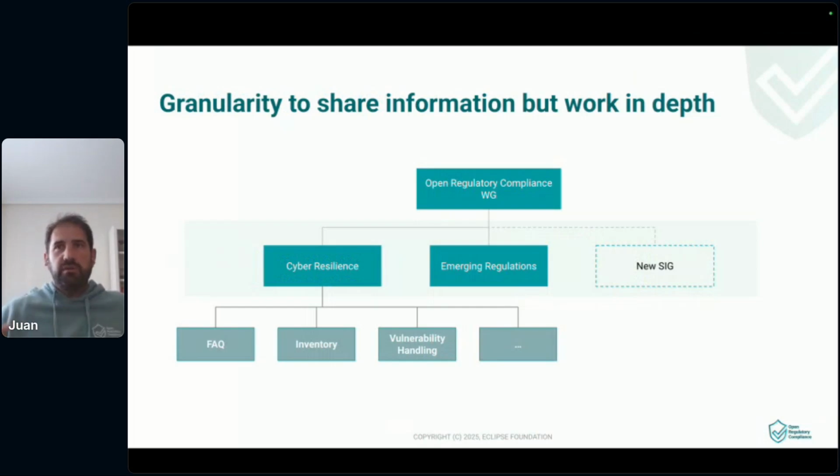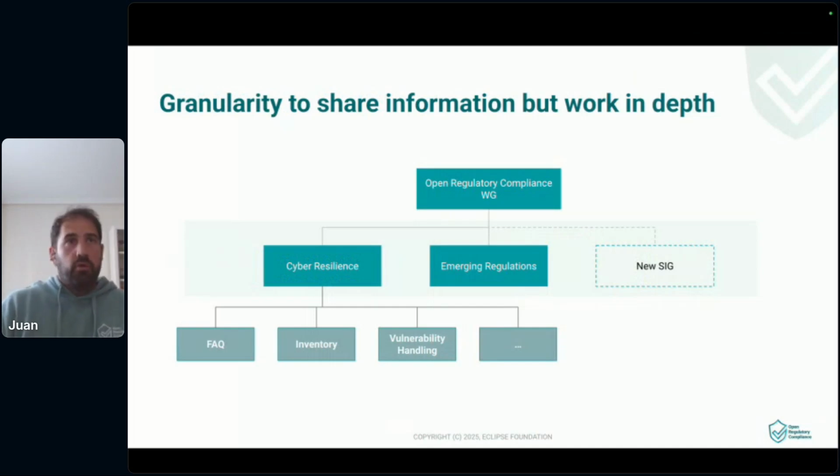This way, we are creating several levels of depth or granularity in the information. The intention is to simplify how to catch up and contribute to the different discussions that are needed within the group to contribute to the CRA